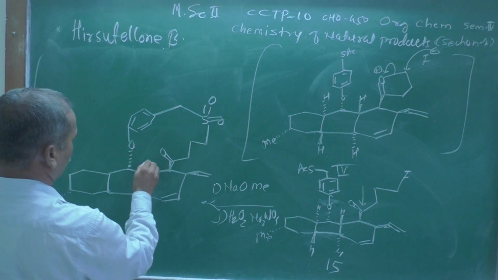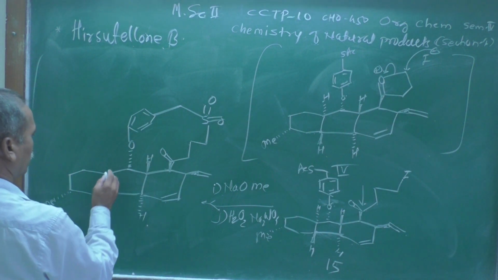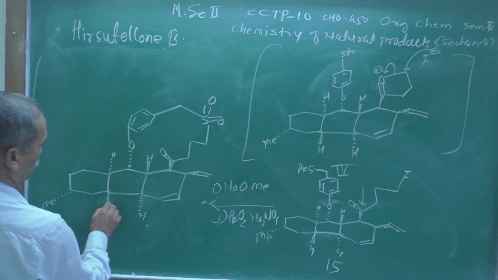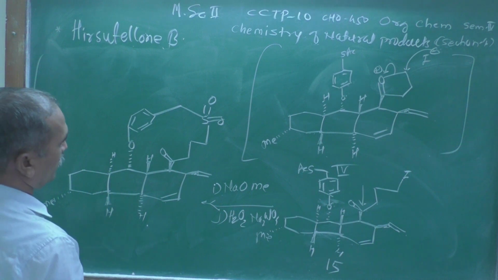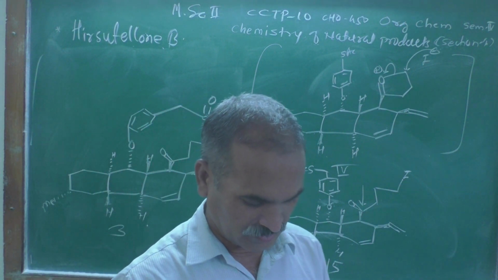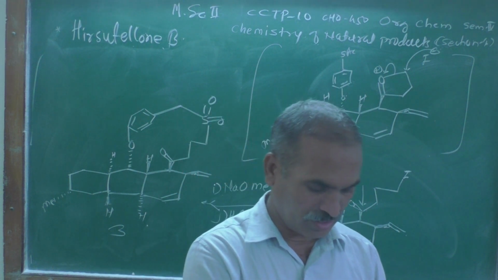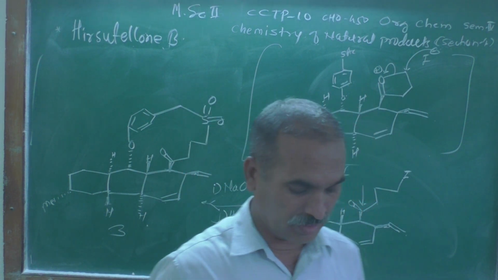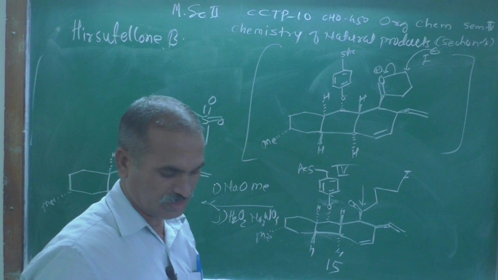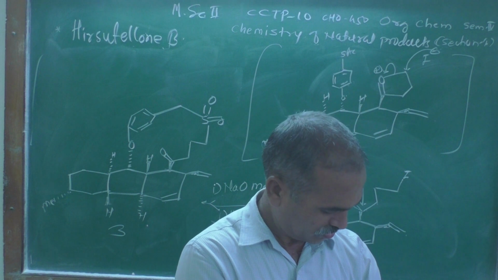Here the hydrogen atom is above the plane, and this hydrogen atom should be below the plane. One hydrogen atom is below the plane, and this hydrogen atom should be above the plane, and this is nothing but structure number 3, which we have seen in the scheme number 3. Now this is scheme number 4, construction of sulfone